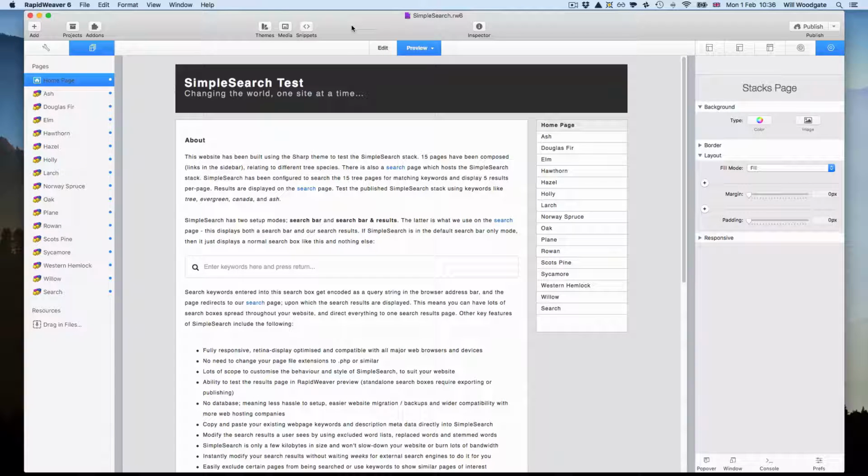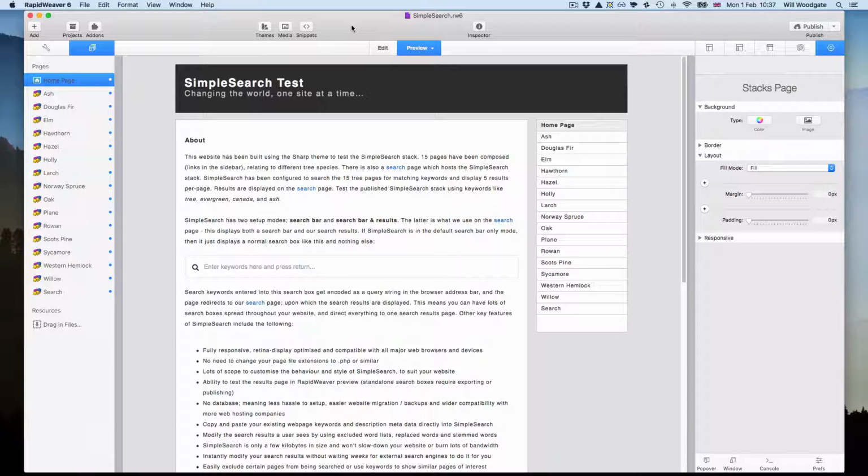And one advantage of SimpleSearch is it has no dependencies on either a database or on external search engines such as Google or Yahoo for providing search results. So it's very much a search system which you can come into and modify and customize to work exactly how you want. And it has very good multilingual support, and it can also work over multiple subdomains as well. So it is very useful for providing quite a sort of bespoke search solution for your website, and you can use it on as many websites as you want, and there's quite a lot of customizable features